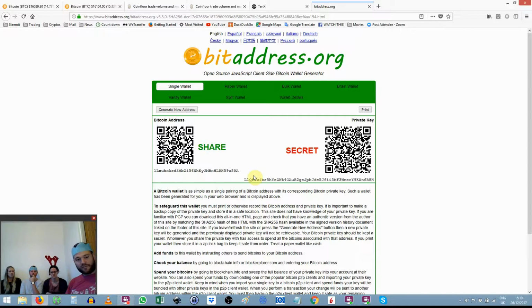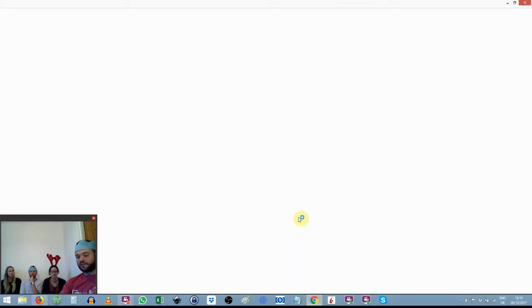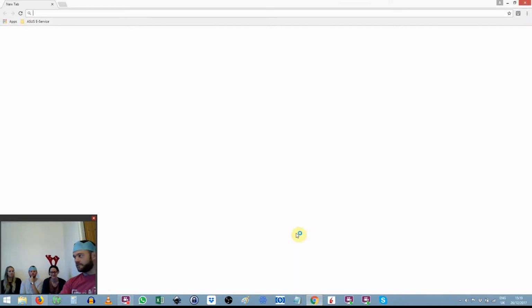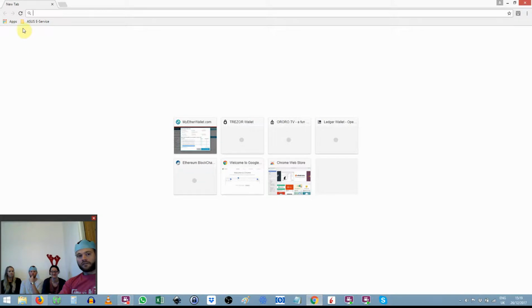Can you see the screen? No, they can't see this screen. So this one's your Trezor that you're showing us now. Yeah. So if I go to Google Chrome, no, that's not Google Chrome. Unfortunately, at the moment, you have to use it from Google Chrome, which I don't like at all, because I don't like using things with Google. I think they've finished Google, and we need to start using more open source software like the Tor network, and a little bit of Firefox as well is better. But eventually, if Trezor's got any sense, they'll build these platforms on those internet servers. So if I go to my Trezor wallet there,